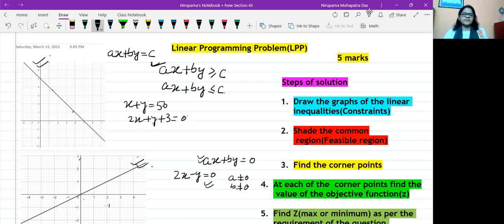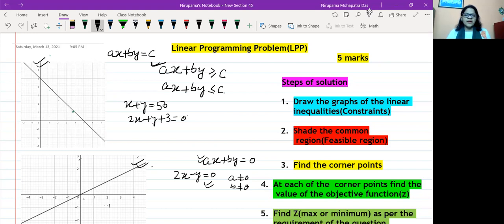Then how to solve it? Whenever you solve a linear equation in two variables, you get a straight line, and any point, any value of x, y satisfying the equation will lie on the line. Clear? But whenever you are given less than or equal to, or greater than or equal to, in that case,